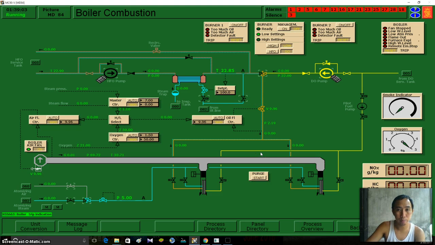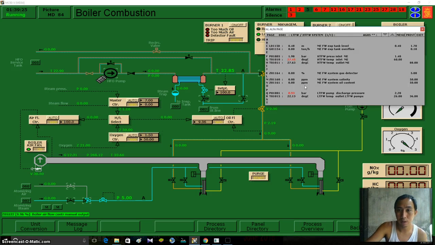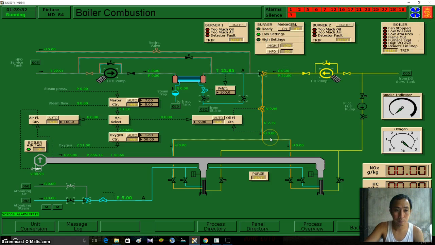Okay, and we're going to purge our boiler. First, before purging, again, you set your flow control to 10 and you start purge. Count up to 5 seconds. 1, 2, 3, 4, and 5. And you set your flow control to 100. Okay, so low temperature outlet. That's okay. Okay, and let's wait for this. As you can see, you will see here it will become black.